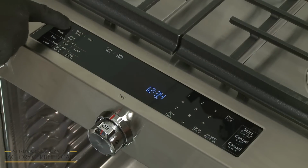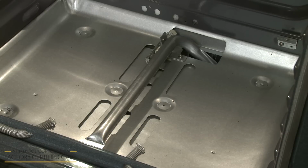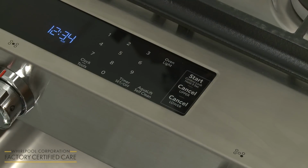Press Bake on the control pad, followed by Start. The oven burner should light within 8 seconds. The flame should be a ½ inch in length with an inner cone of bluish green. The outer mantle should be dark blue with no yellow tip, and the flame should remain steady. If you need to adjust the flame, press Cancel on the control pad and wait for the burner to cool